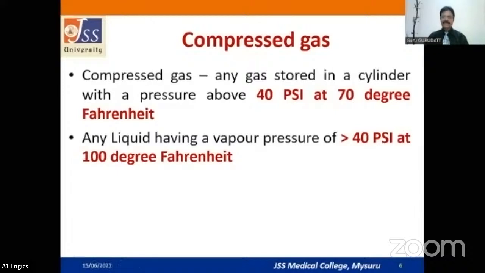And if it is a liquid gas like nitrous oxide, it should have a pressure of more than 40 psi at 100° Fahrenheit. So these are called compressed gases. If the pressure is less than 40 psi, you don't call that a compressed gas. So since oxygen, nitrous oxide and also cyclopropane were being provided in cylinders as compressed gases,